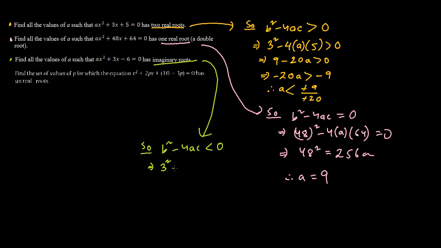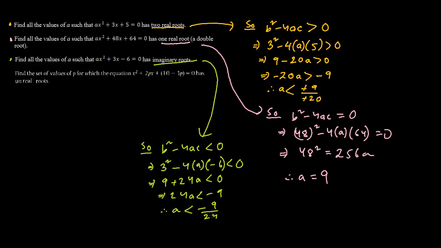So b squared minus 4ac, where a is a and c is minus 6, is less than 0. This is going to be 9 minus 4 into 6, which is plus 24a, less than 0. So we can write 24a less than minus 9. Therefore, this time it's not negative, so the inequality symbol will not be reversed. So a is less than minus 9 by 24. And the final one,